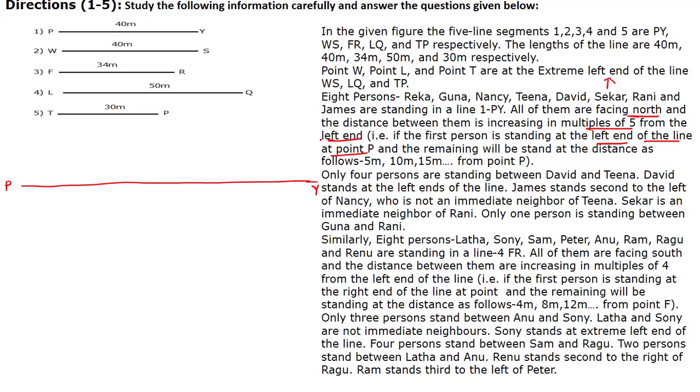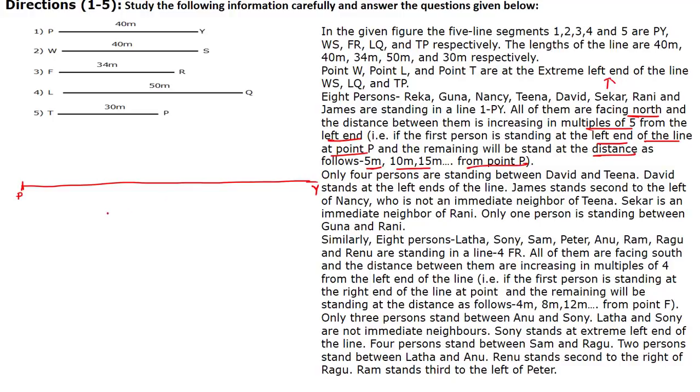At point P, the first person will be standing at the left end, that is point P. This is the point P. The first person will be standing here. Okay, and the remaining will be standing at a distance as follows, that is 5 meters, 10 meters, 15 meters